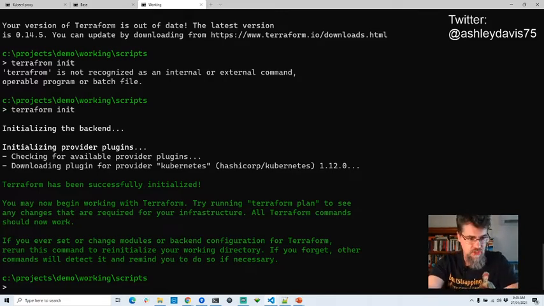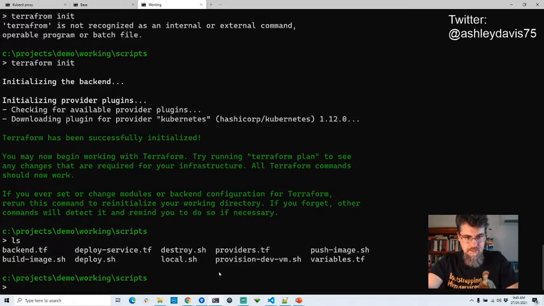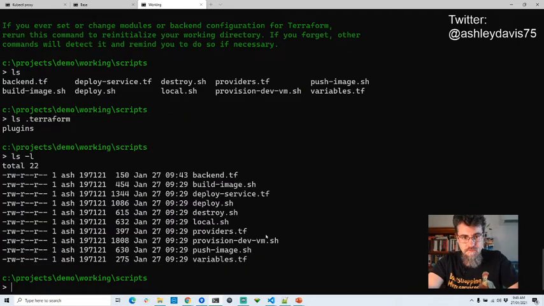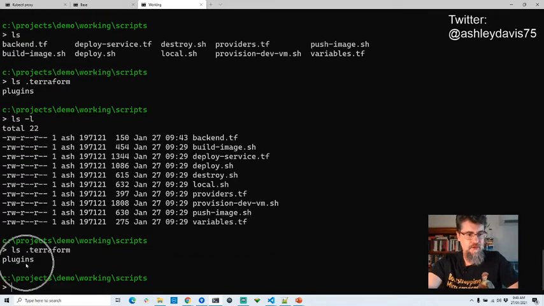So we have initialized now. Let's do an ls -l so you can see everything. Oh, you can't see the hidden files. That's all right. But if we do an ls in the Terraform directory, it creates a hidden directory called .terraform, and in there is where it downloads all the stuff that it needs. Now, if I run terraform apply,